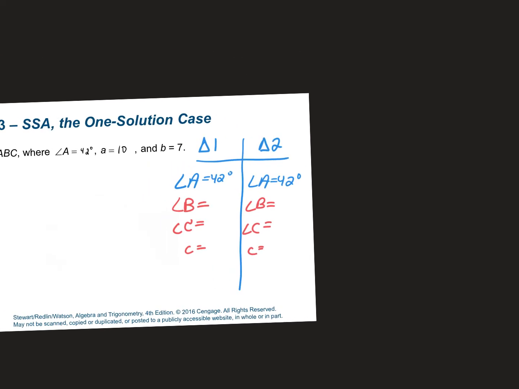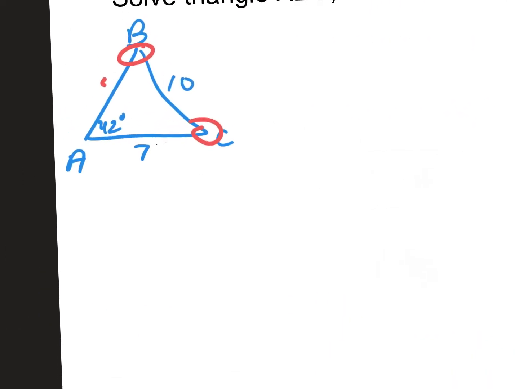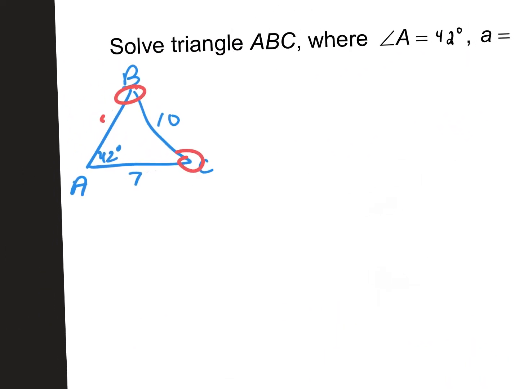Now, to find out if there's two triangles, it's one tiny extra step. That's it. We'll look at that in a second. So I go here and say, all right, what is the proportion that I have already set up for me? An angle measure and its corresponding side length. Sine 42 over 10, right? You agree? Okay, so then I'm going to find what? Can I find anything about C right now? No. So I have to find something about which angle? B. So I'm going to say sine of B